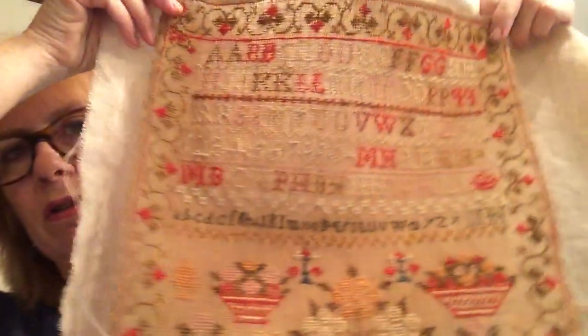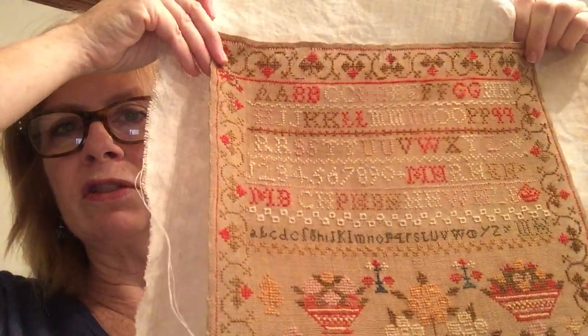Hardly any of it will show. But I will be stitching this on. We'll be looking at that, and maybe this will help some people if you have any interest in saving money and doing your own. We'll just see how this goes, because it's all new. This part is new to me. I have laced backs before, but this part is all new because I'm going to be stitching it right onto there,